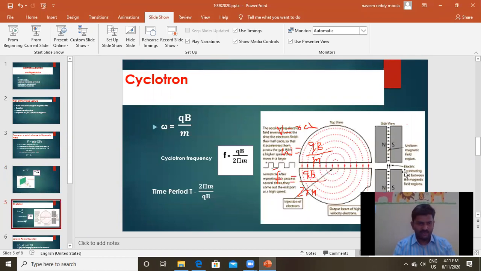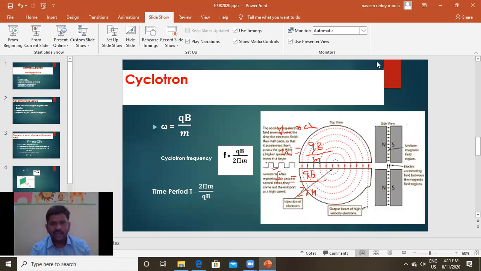That is the cyclotron. The cyclotron is a particle accelerator. In nuclear physics, we need fundamental particles, some charged particles, moving with very high velocity, very highly accelerated particles. We need those particles for the applications of nuclear physics in artificial radioactivity and in certain other applications. We use particle accelerators based on this discussion, that is, motion of a charged particle in a magnetic field.